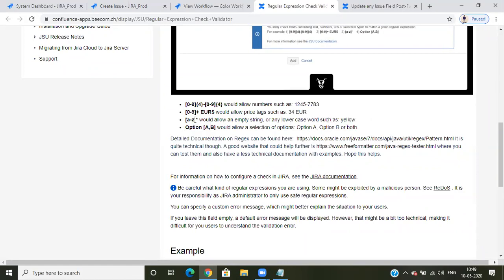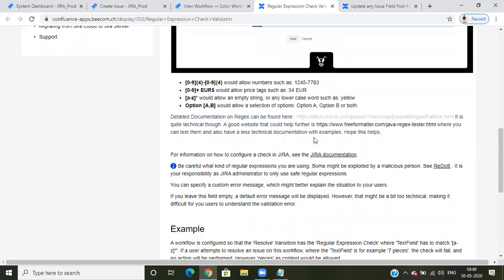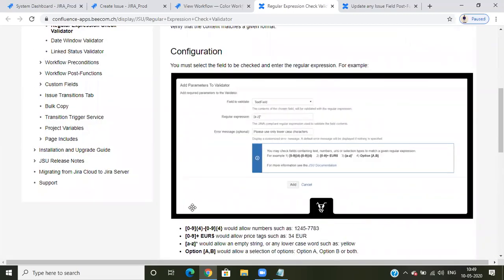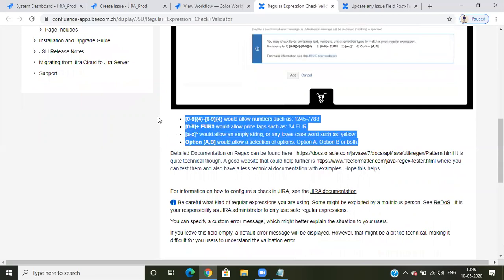The star symbol would allow an empty string, so if you do not enter anything, it will be accepted, or any lowercase such as yellow will be accepted. And option A, A comma B would allow a selection of options: option A or option B or both, it will accept A or B. So if you enter these letters, and slash 2, it will accept both. A and B, A, B or something, it will be accepted. So some documentation is also provided, and we can go with this, some example types.